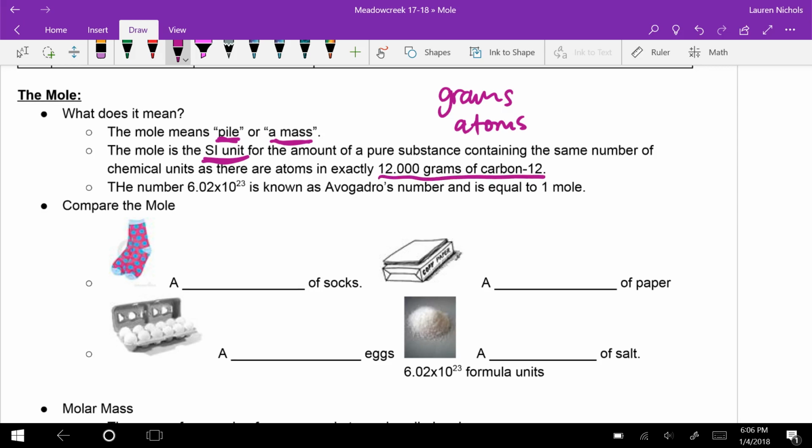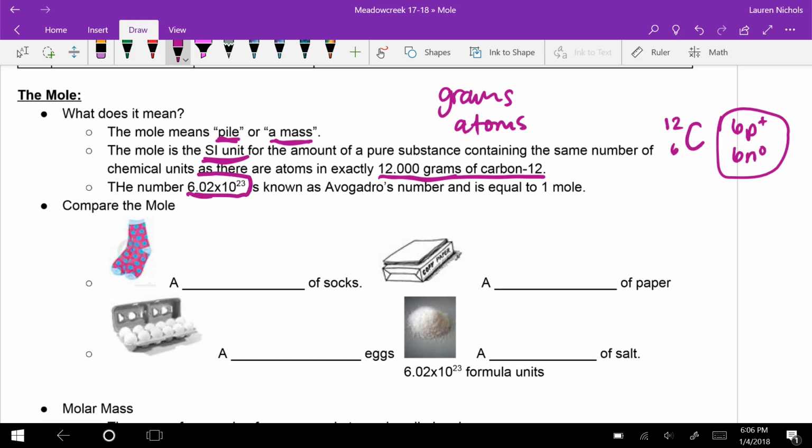12.000 grams of carbon-12. So what they did was they took carbon-12, which remember, if you look at carbon-12, that means it has 6 protons and 6 neutrons, because 12 minus 6 is 6. So they took 6 protons, 6 neutrons. They figured out how much an atom of carbon weighs, and then they discovered how many atoms were in exactly 12.00 grams of it, and they compared every other substance to it. They said, okay, exactly how many atoms is that going to be? And so what that means is the number